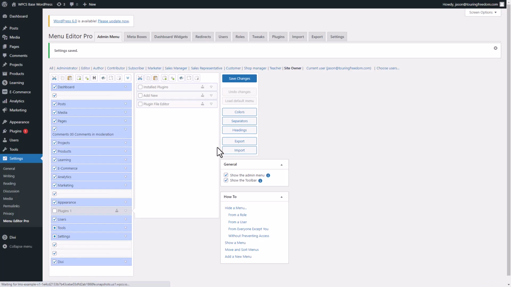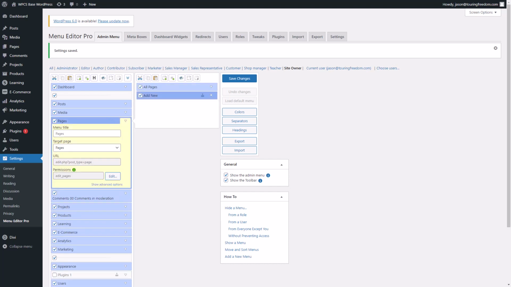Now another feature that you can do with this plugin is limit your customers to only the pages that you create. So you can create their home page, an about page, maybe an email opt-in page, whatever you choose. You can create a certain amount of pages for them, and they'll be able to edit those pages to their liking. But what you can do, if you would like to limit them to only those pages that you created,